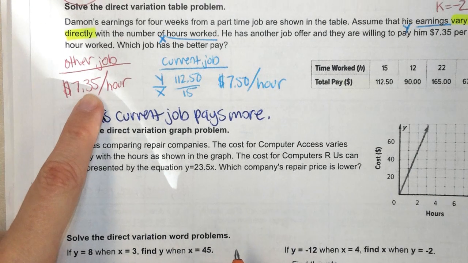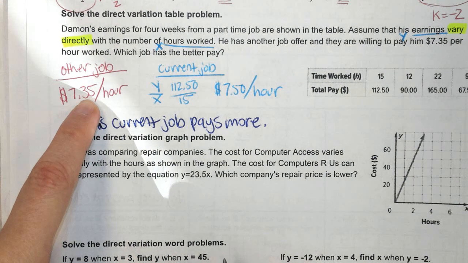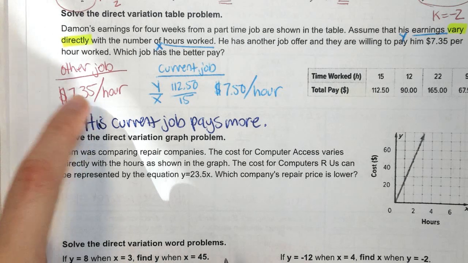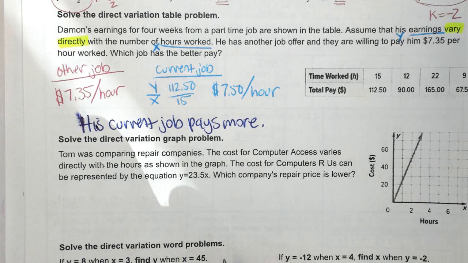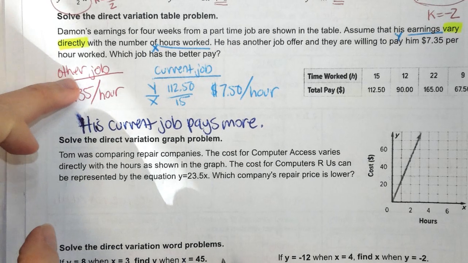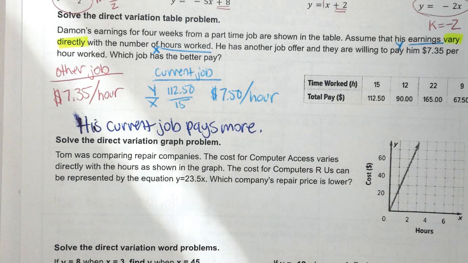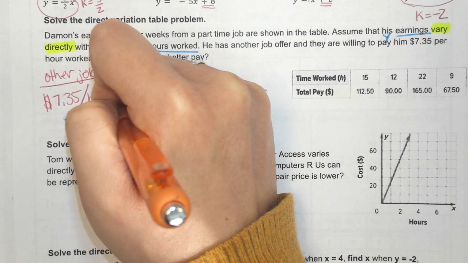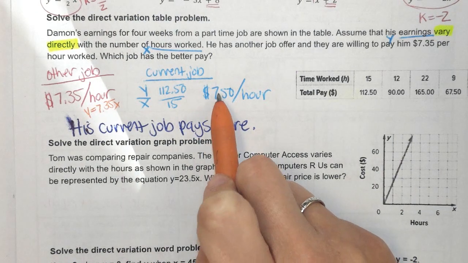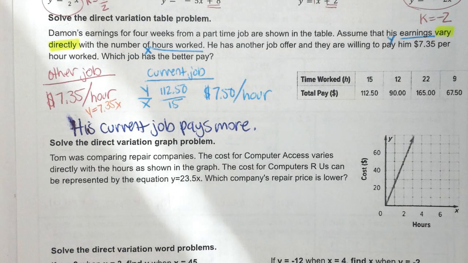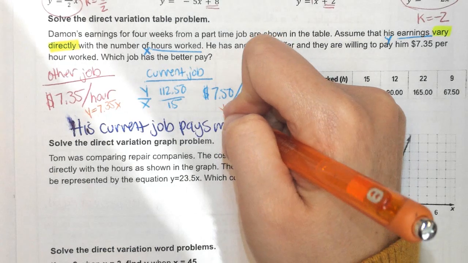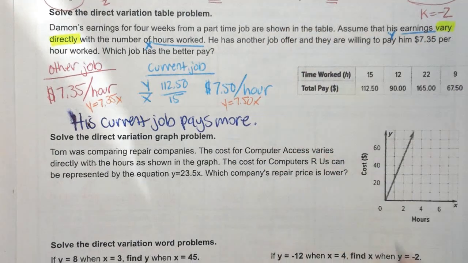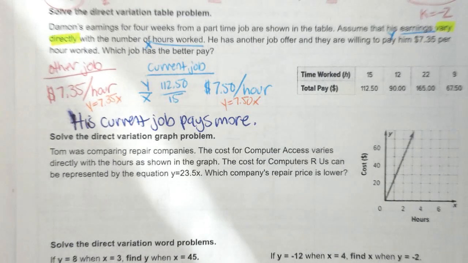If my K value was 7.35, what was my equation for that one? If this is K, how would you write your equation? Y equals 7.35x. Yeah. If this was my K on this one, what would my equation be on that one? Y equals 7.5x. Yeah, very good. You didn't have to do that part, but that's what it would have looked like as